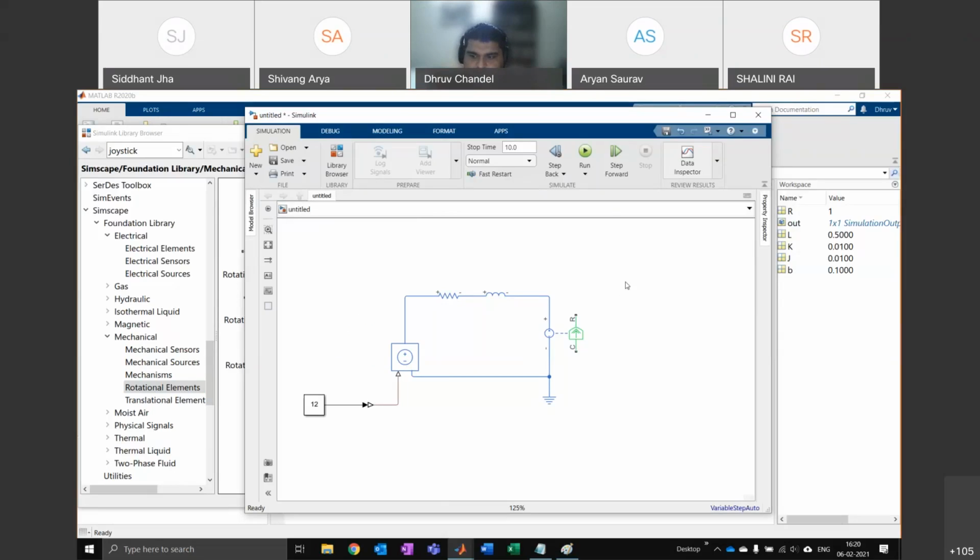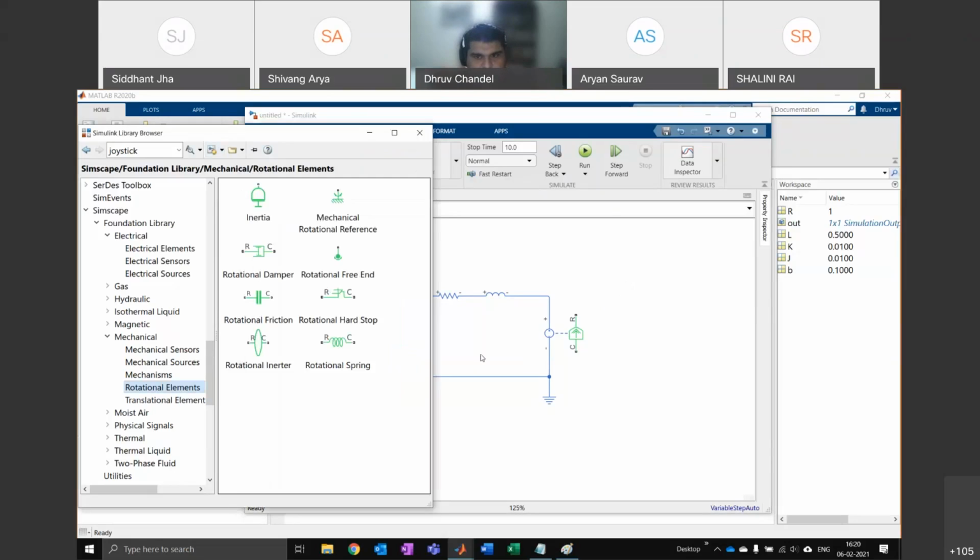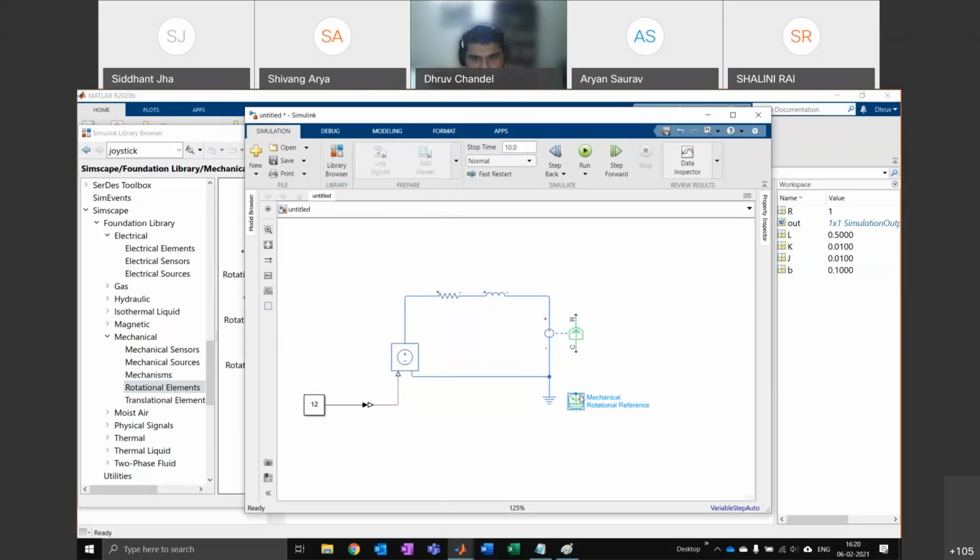Okay, so this is where most people get tripped up, but you just have to remember casing and rotation. That's what C and R mean. And you just apply the forces the right way around. So whatever is my casing, I first have to anchor it to the ground. So I just anchor it.